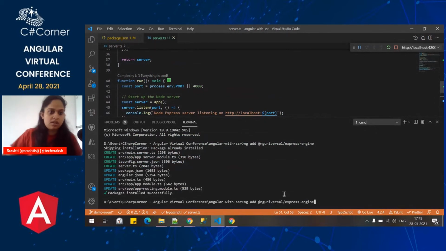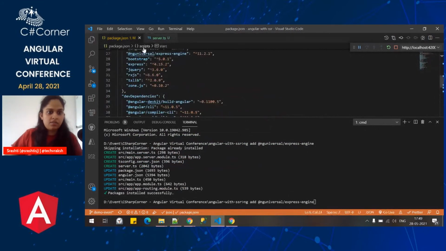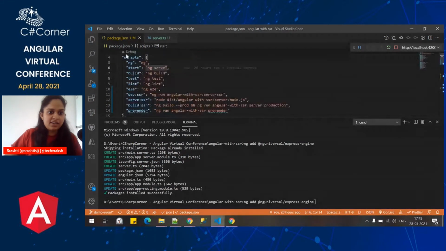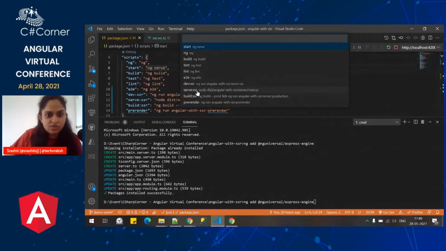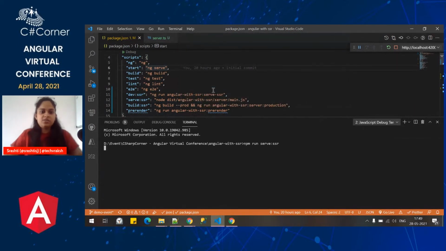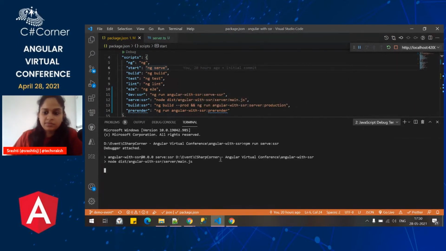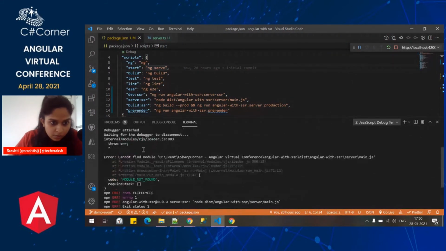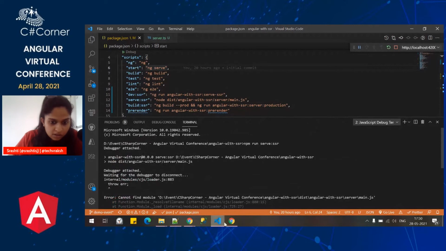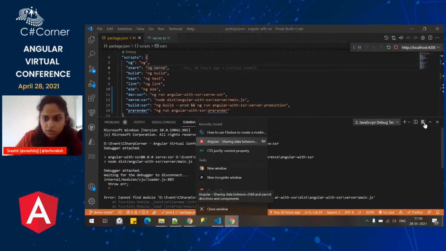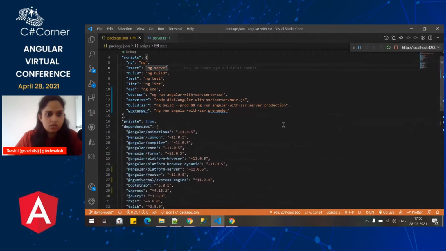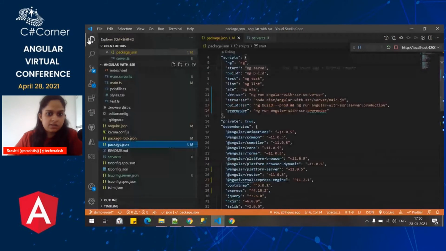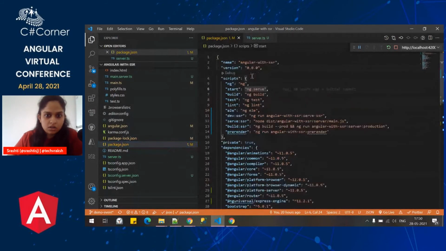So let me just run it from here. I really feel it is easier. I want to serve it with SSR. If I do that, it has some problem. Okay, so let me close it. Let's try to run again. So if I run ng serve